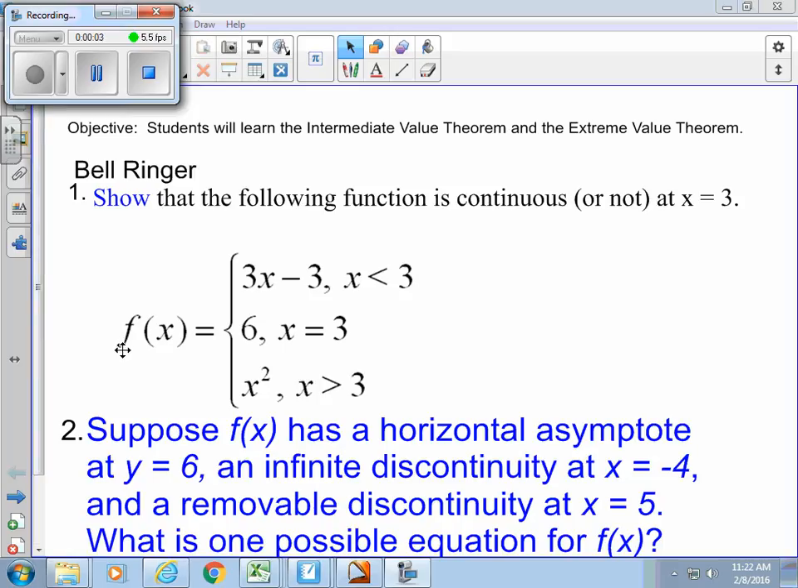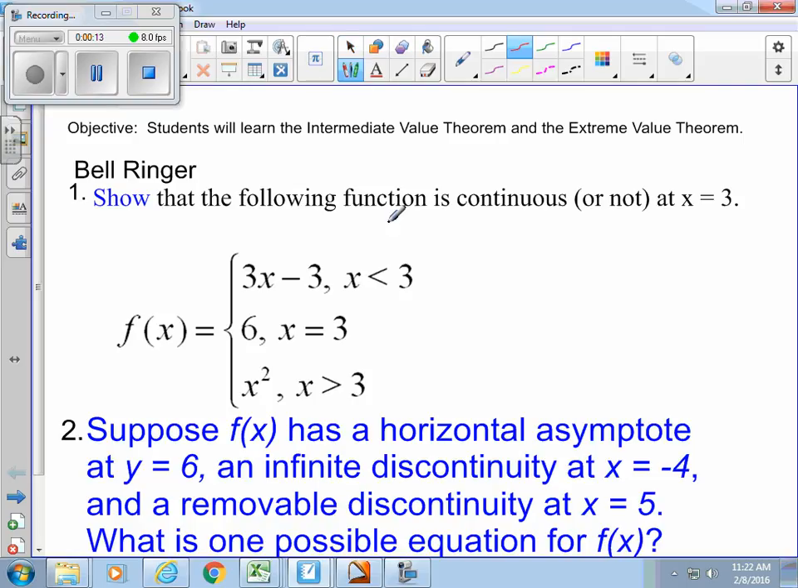The function is continuous or not. It's a lot easier to show not than show is. To show is, I've got to work through a three-part definition. Agreed? Agreed. So the first thing I need to look at is the limit as x approaches 3 from the